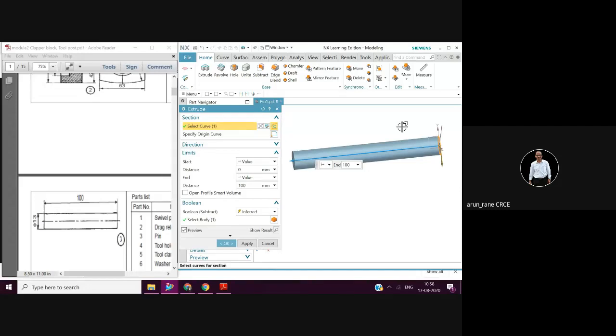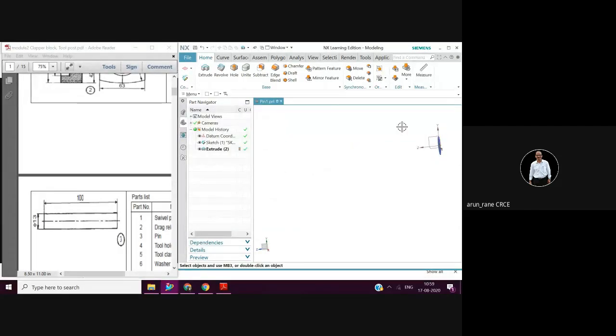Now there is one option, Control Z. With the help of Control Z, you can delete the command. And another shortcut is Control S. S stands for saving, that is, you can save. So now I'll again show this.